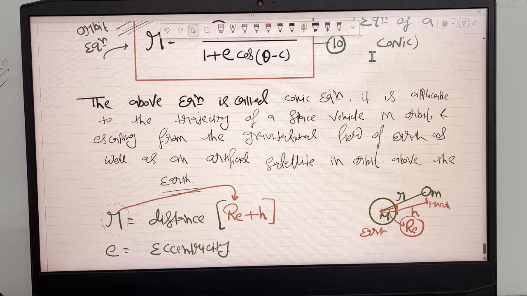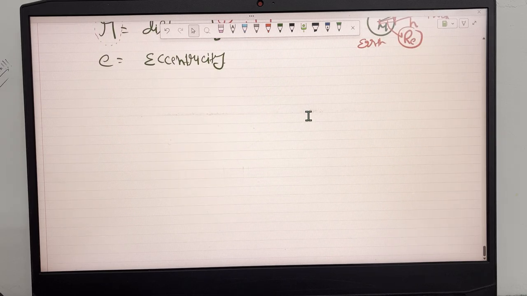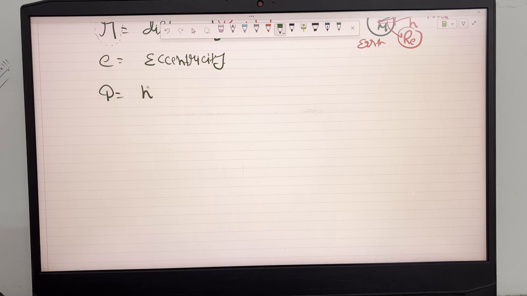Fine. Now let me tell you one thing: what does this p actually mean? This p is nothing but your h divided by k square. I will tell you what the k and h are. Okay, then